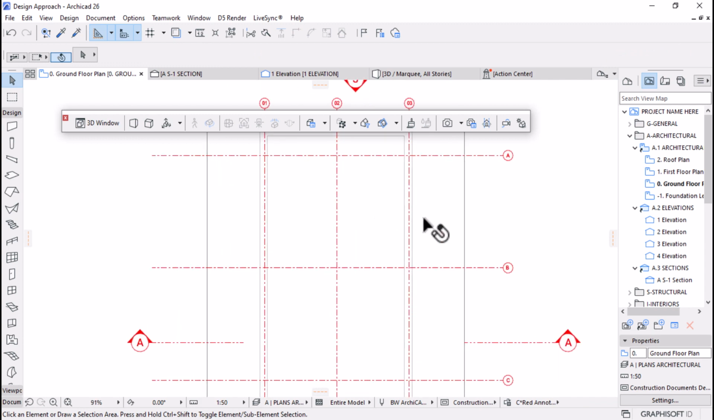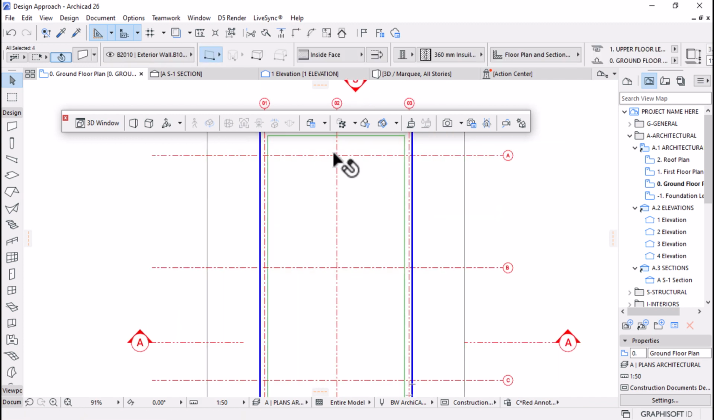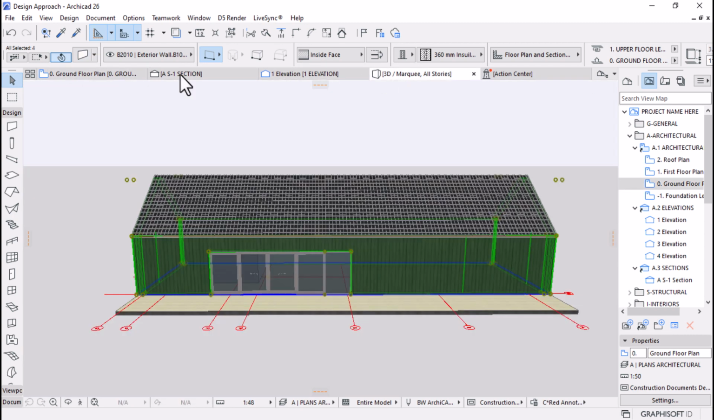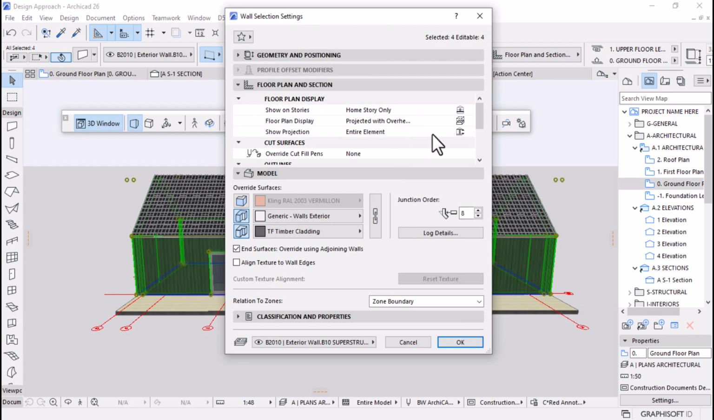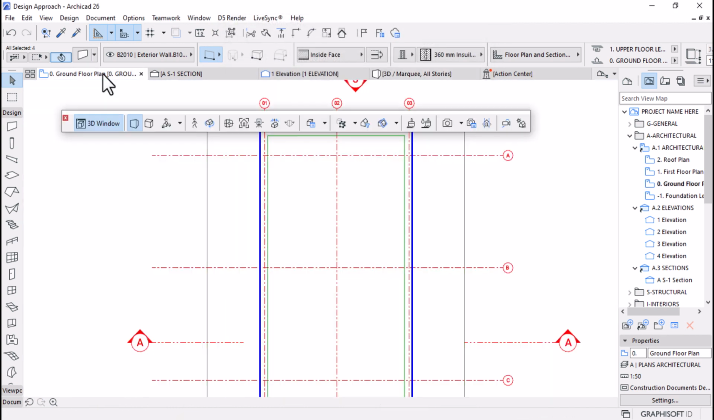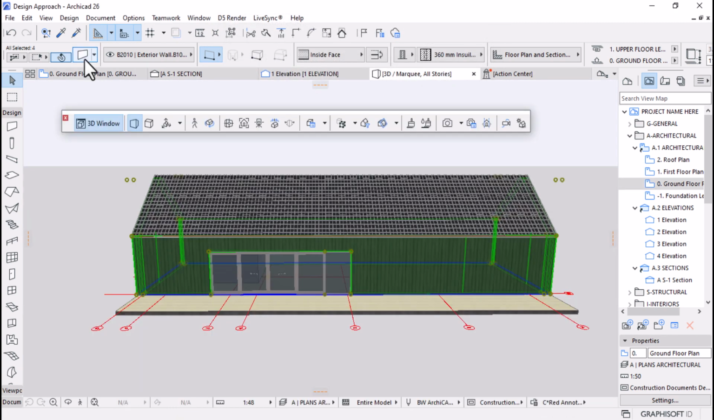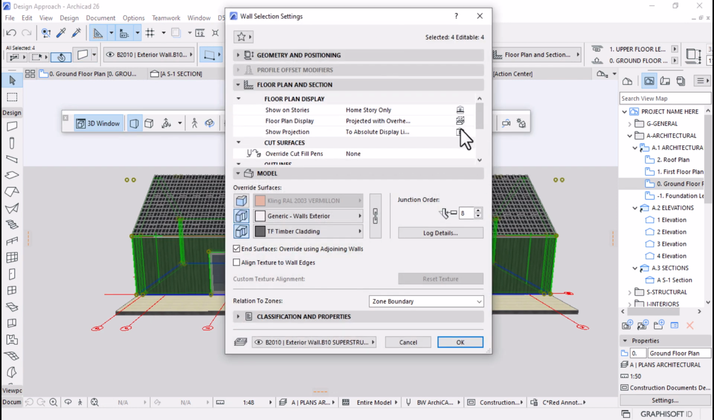Oh, but I need to show correctly. Entire element to floor plane range to absolute limit. Wow, this is a problem, guys. You can see